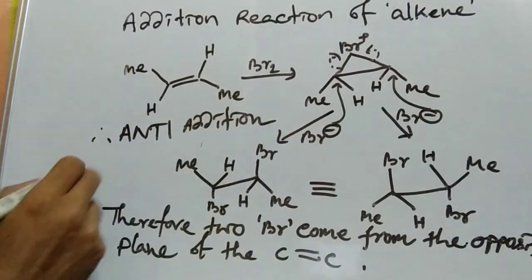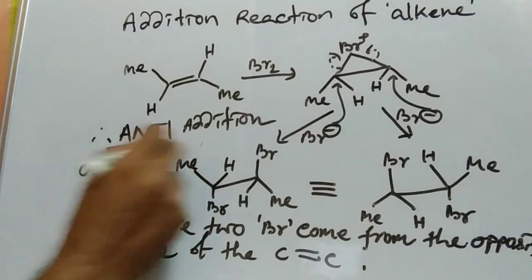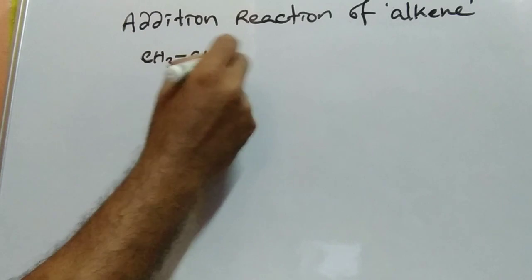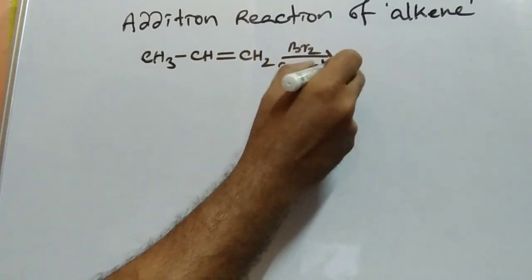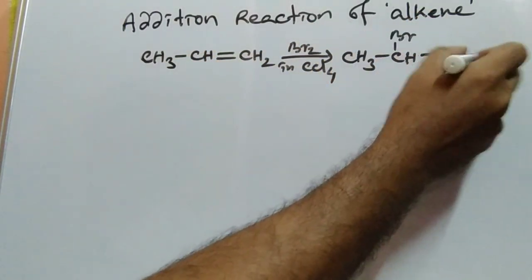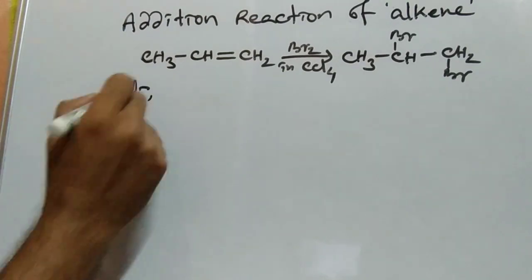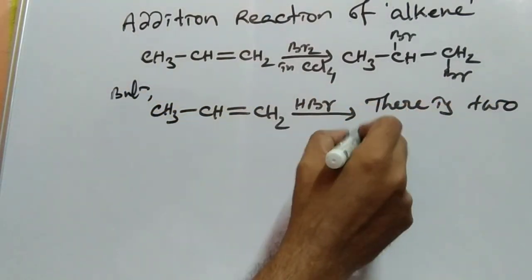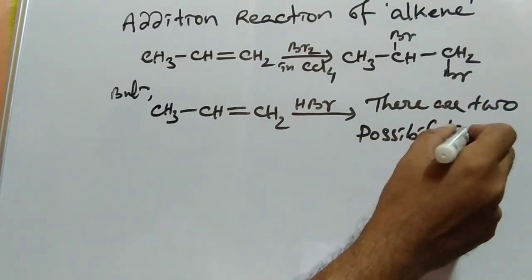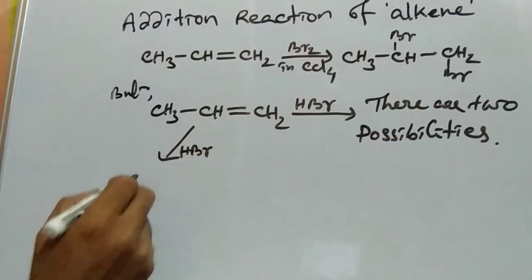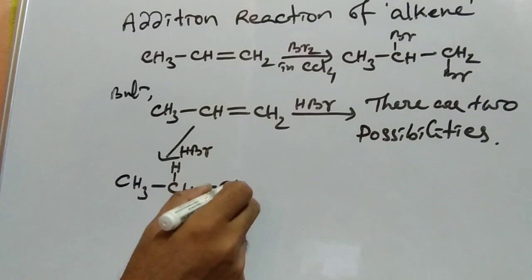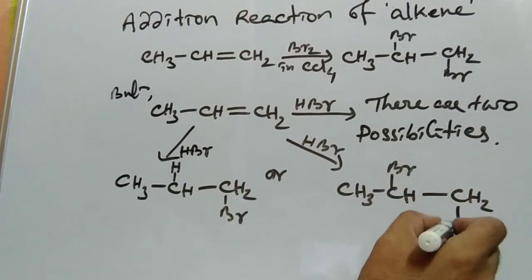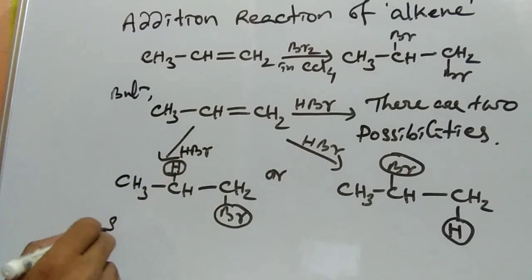This then breaks down to form a cyclic bromonium ion, an alternative canonical form of the carbocation. Addition is completed through nucleophilic attack by the residual bromide ion on either of the original double bond carbon atoms from the side opposite to the large bromonium ion to yield the